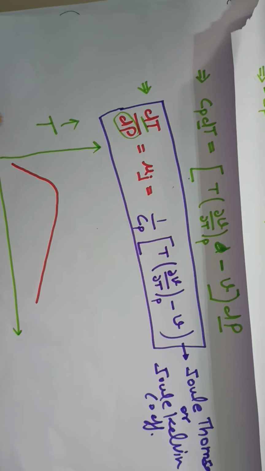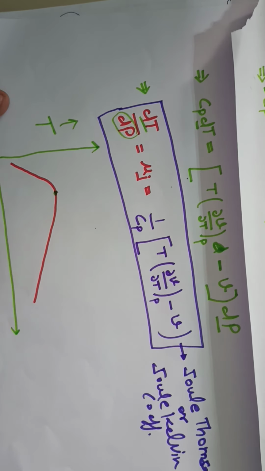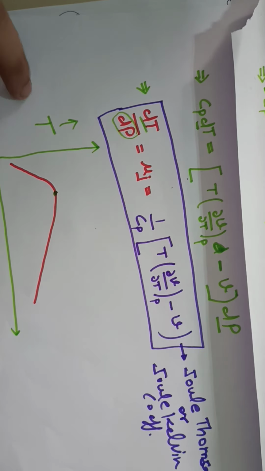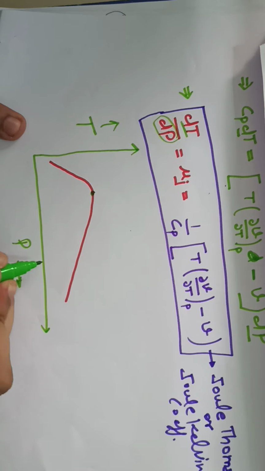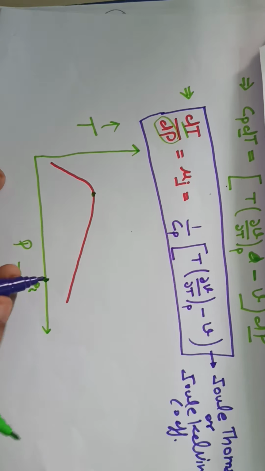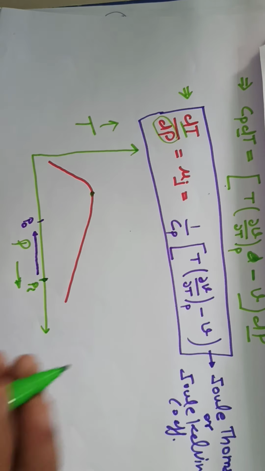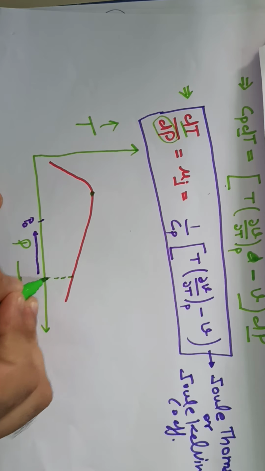This is an isenthalpic curve denoting any particular state, any particular inlet values for the isenthalpic curve. This is the inversion point. Now we know during the throttling process the pressure decreases. So let's suppose this is our starting point, Pi, the initial point. The gas undergoes a throttling process, because of which the pressure will decrease, and we'll get some other pressure somewhere here. Suppose this is P0, and if we join these 2 points,